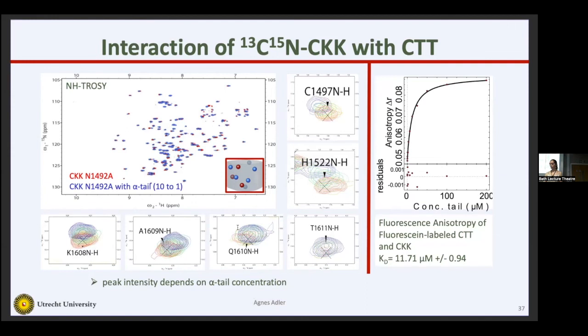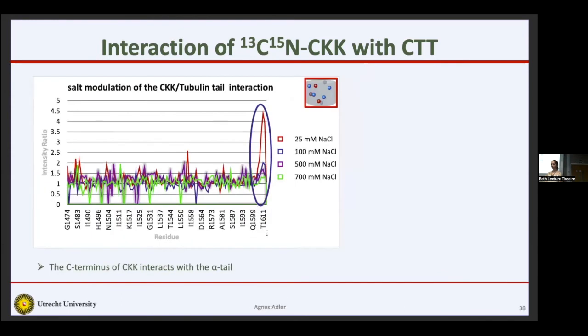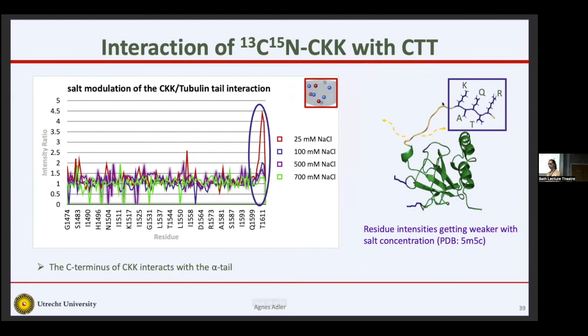And by plotting the intensity, this is just with different salt concentrations because it's an electrostatic interaction, so a good checkup of the interaction. But we basically see an increase in intensity in those residues at the C-terminal tail. And therefore, it seems quite likely that this tail is interacting with